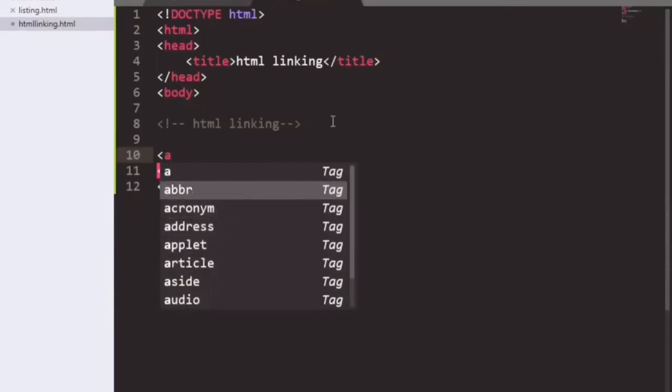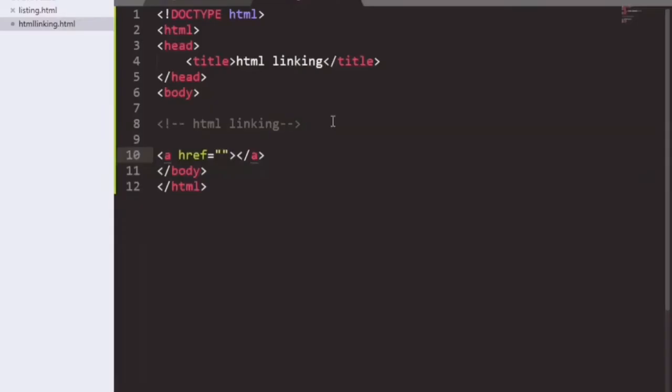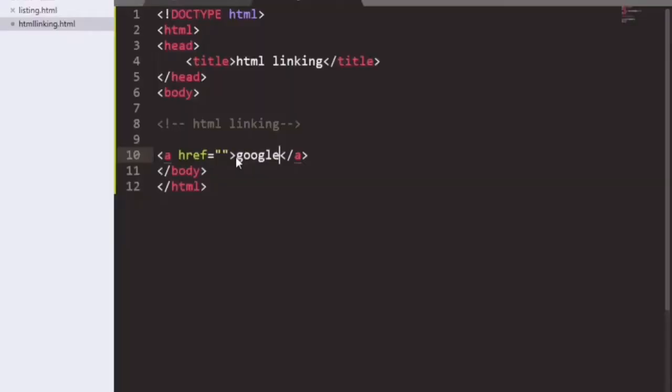can be done as this a href, and in this place we have to give the path of the file, suppose we are giving google.com, that is our external file.